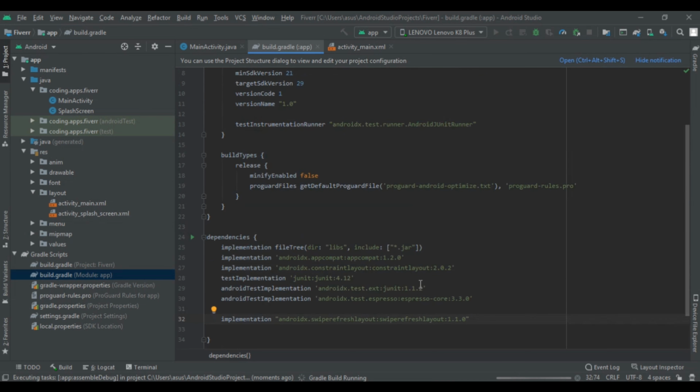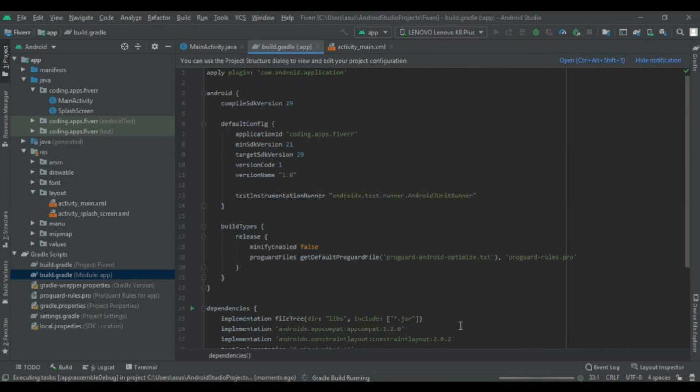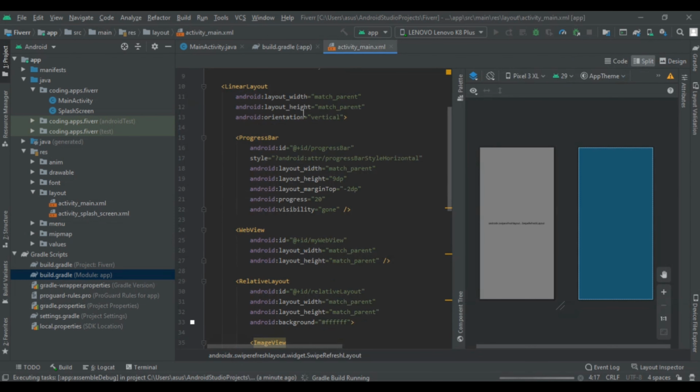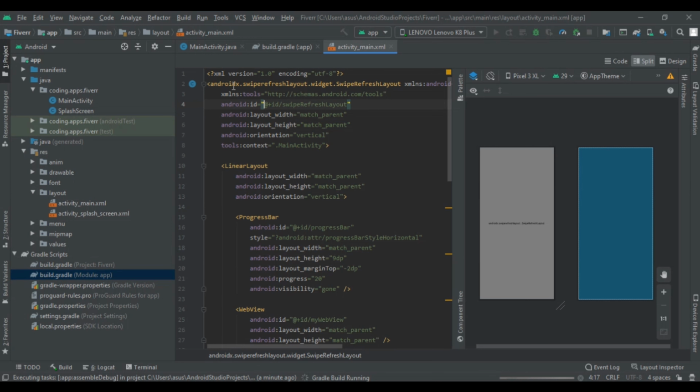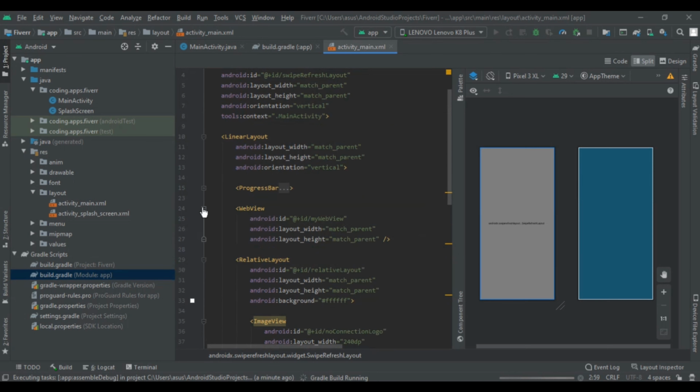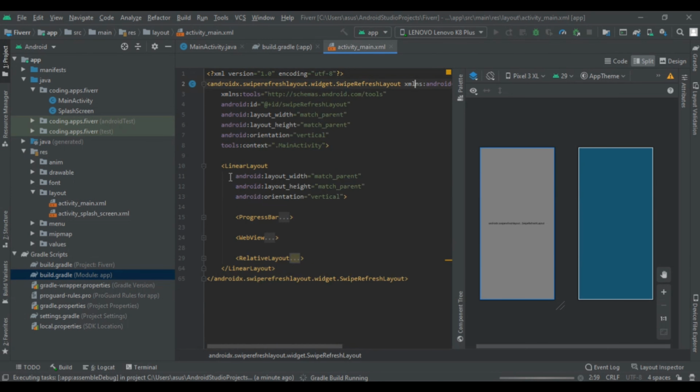By that dependency we got the swipe refresh layout. Then we wrapped all these activities into a linear layout and set its orientation to vertical.